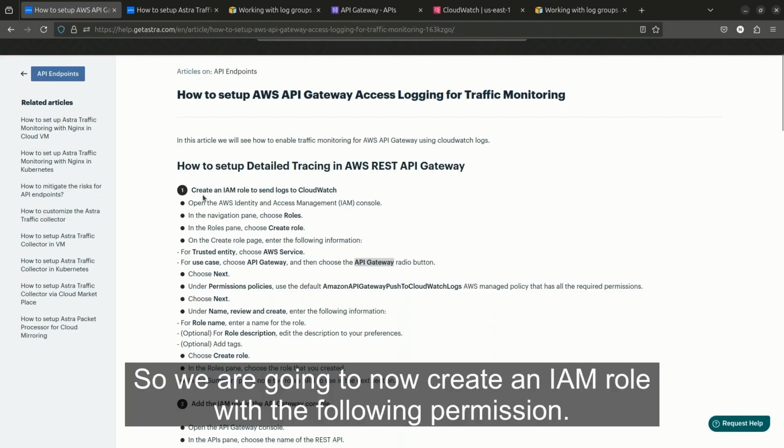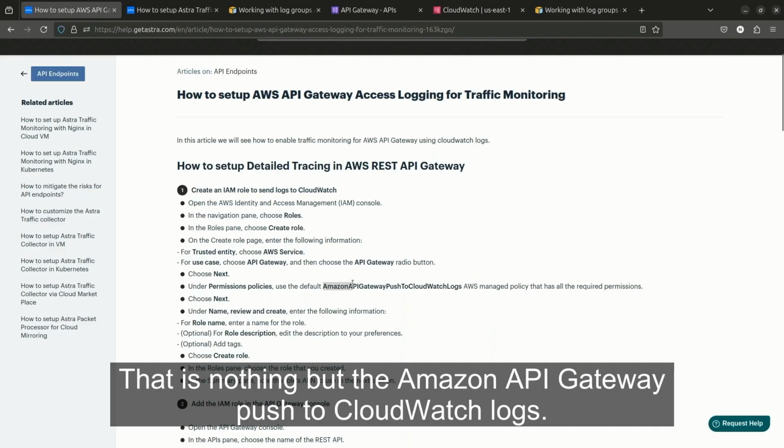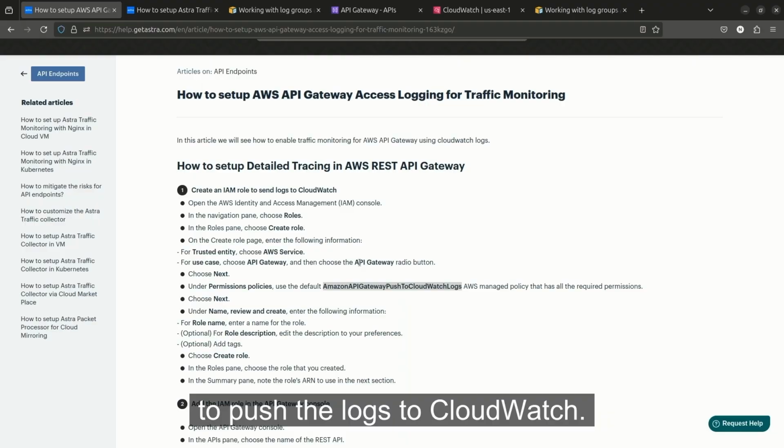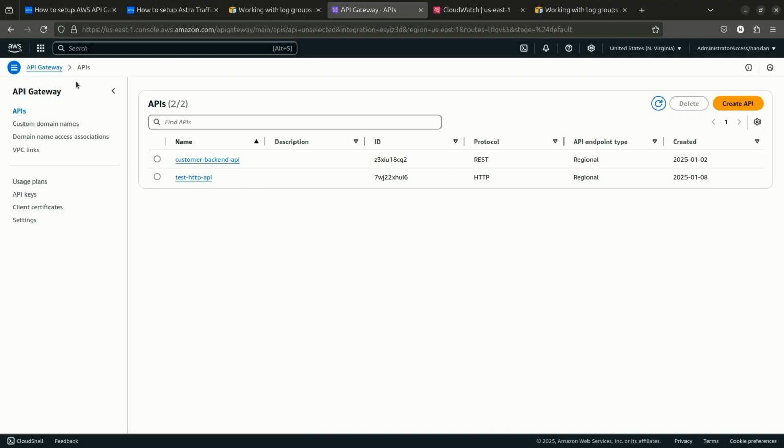So we are going to now create an IAM role with the following permission, that is nothing but Amazon API Gateway push to CloudWatch logs. So this is the minimum permission which is needed for the API Gateway to push the logs to CloudWatch. Let us do that. Go to IAM,